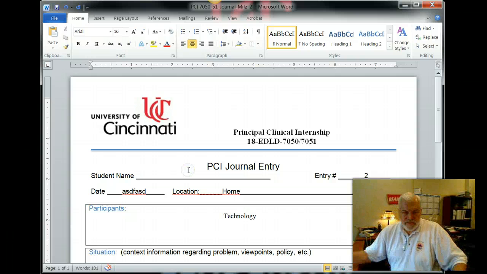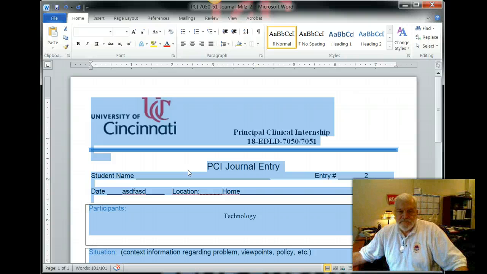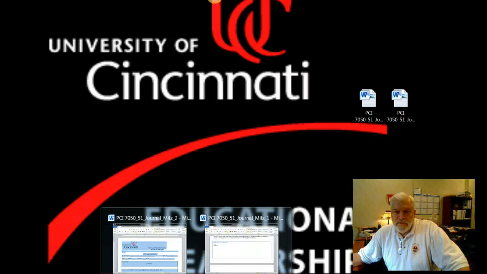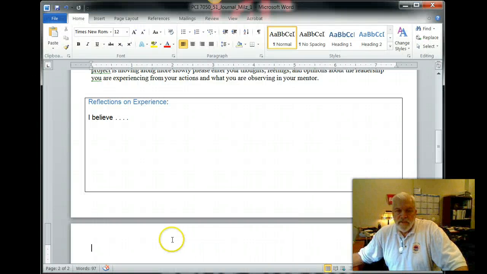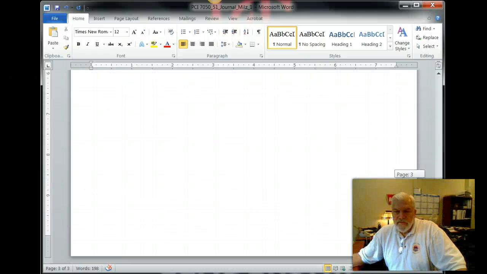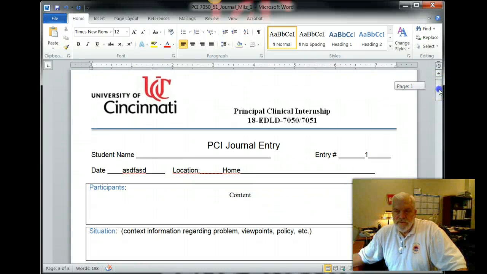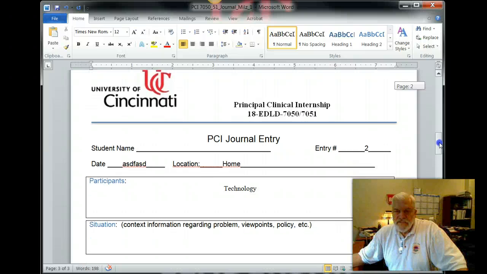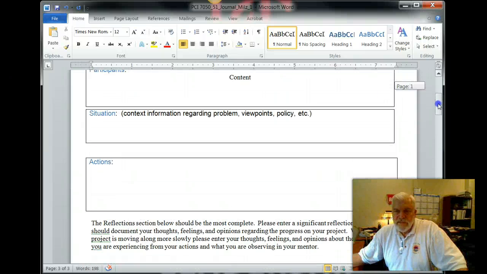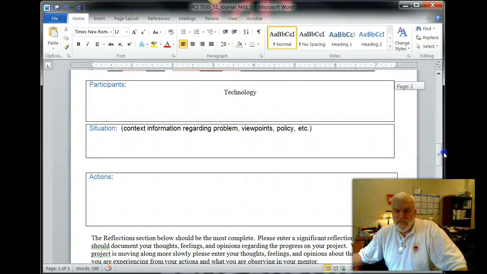And I want to copy and paste everything, so I select everything, I copy it, minimize that, go to my first journal entry, and at the end of my first journal entry I'm going to paste the second one. So now I have the first journal entry, and then I have the second journal entry is technology. The first one is content, the second one is technology, and the third one is going to be